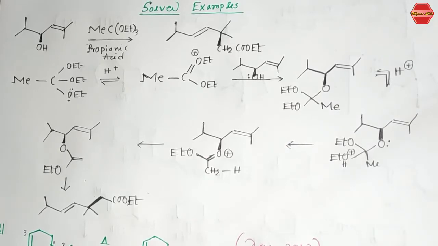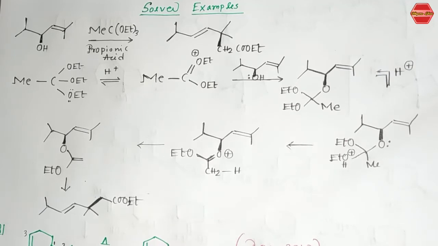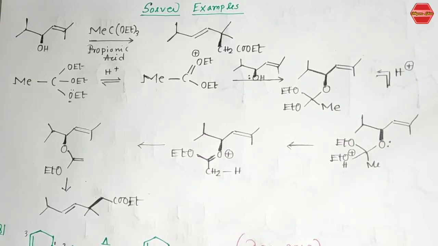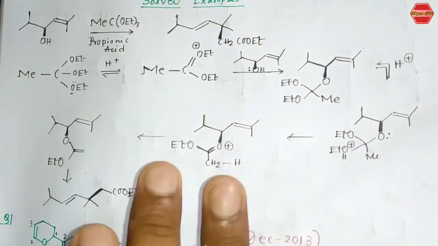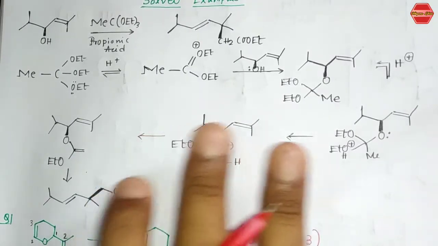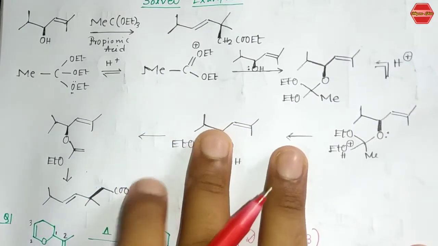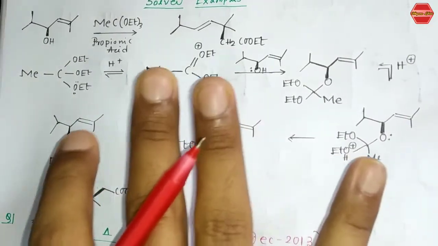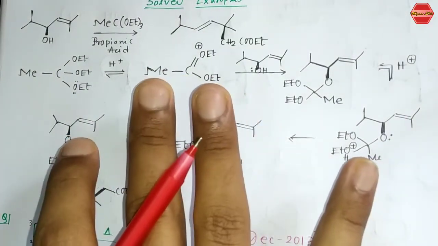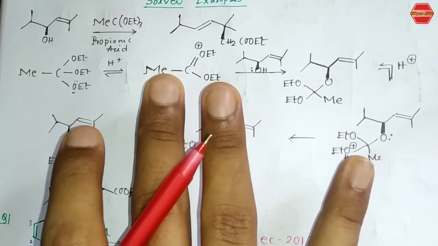So in this video we have to do some important examples and previous year questions which have come in CSIR NET or GATE and the recent years also, right? So let's start the video. And first thing, I have to introduce one more rearrangement reaction, and that is basically called the Johnson-Claisen rearrangement, right? Now this Johnson-Claisen rearrangement is one of the most important rearrangements, and questions frequently come from this topic, right?